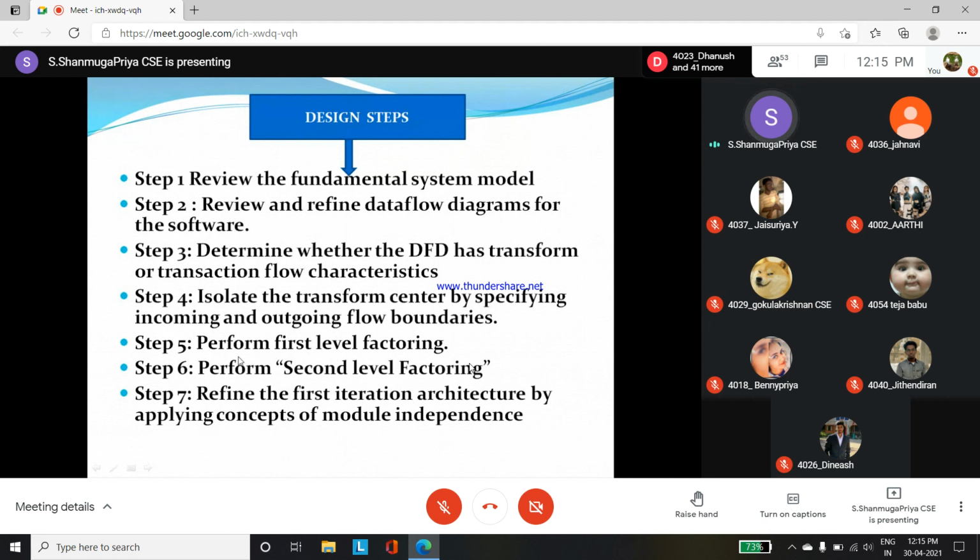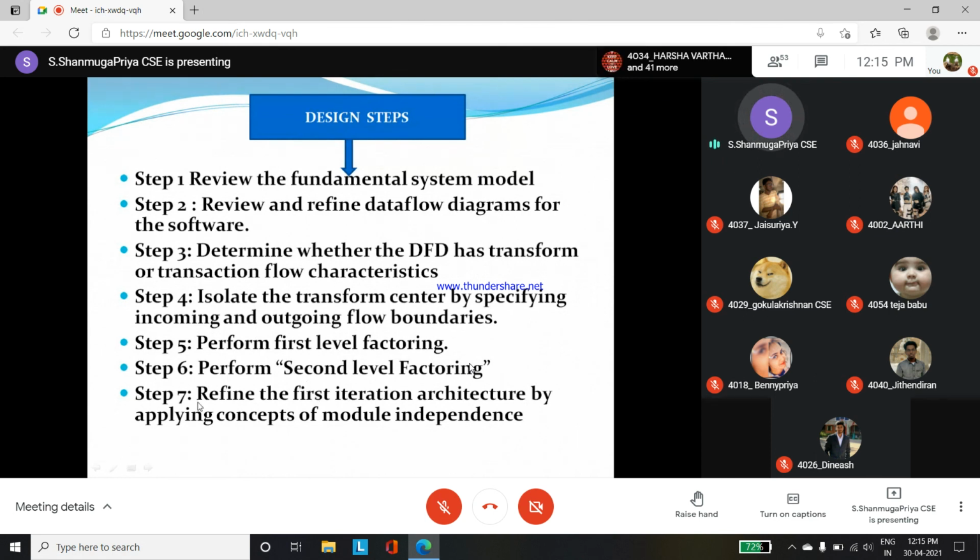Step 6, with the help of this first level factoring we go for the second level, second version release. We combine all the bubbles of the diagram and bring them into box format. So 2 or 3 activities are combined and give output as a single box. A single box is nothing but a single module. Making single modules is step 6.